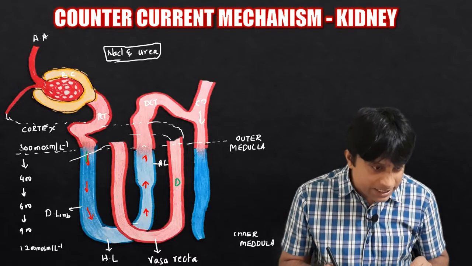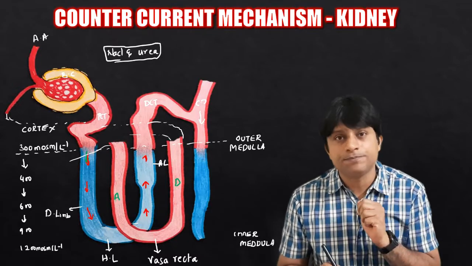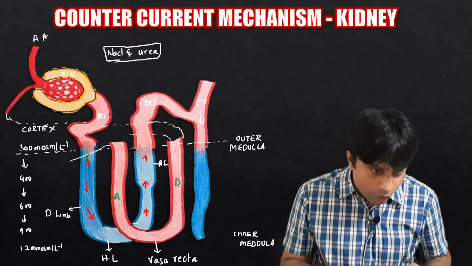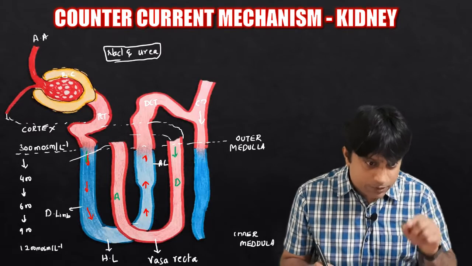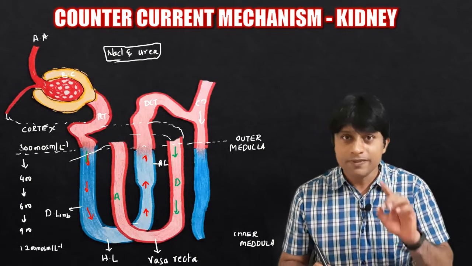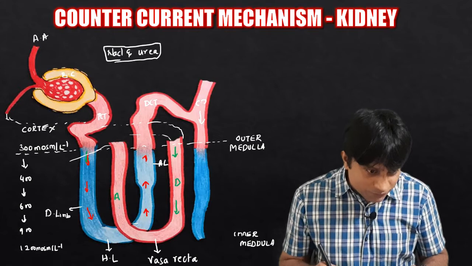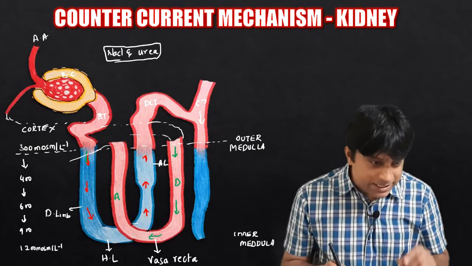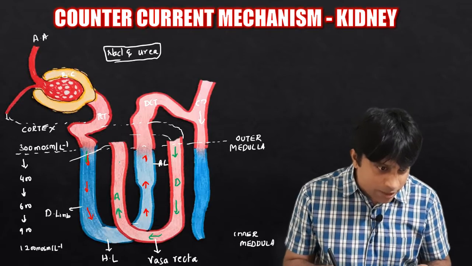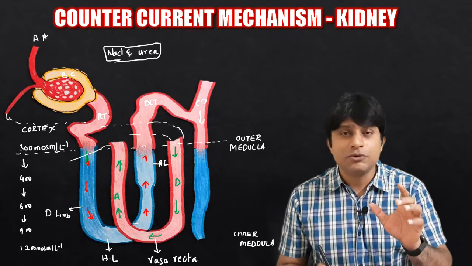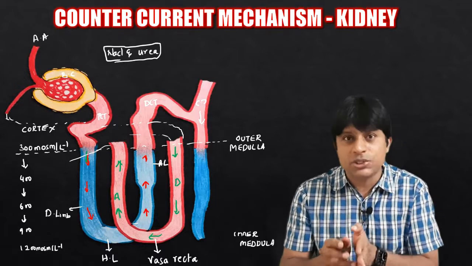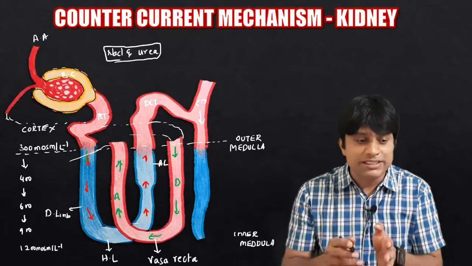This is called the ascending part of the vasa recta. In the descending part of the vasa recta, the flow of blood is from the outer medulla to the inner medulla. And the flow of blood in the ascending vasa recta is from the inner medulla to the outer medulla. So if you compare the flow of blood in the vasa recta, it is in the opposite direction, which is